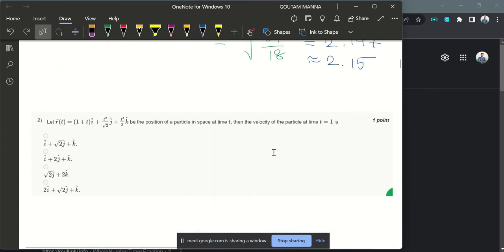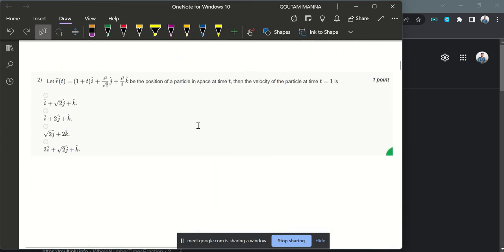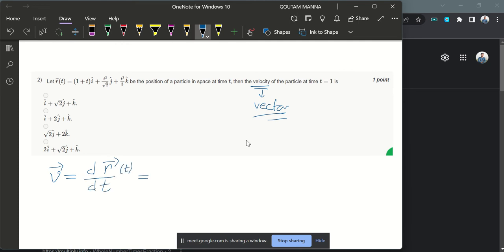Now in the second problem, you are asked to find the velocity vector, the velocity of the particle at time t equal to 1, and the position vector as a function of time is given. In that case, velocity is the rate of change of position, that means the derivative of position with respect to time. So to take the derivative, you will get d/dt of 1 plus t i hat plus